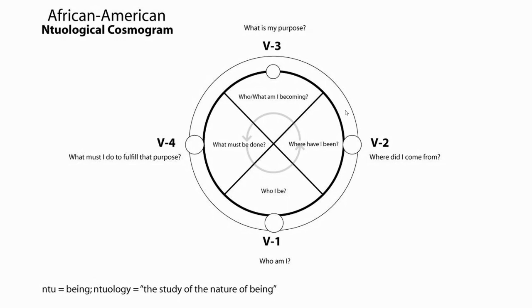That's why it's about feeding yourself. So now you're being fed, you're satisfying what we call the greater hunger. So we have the lesser hunger and the greater hunger. And we'll have to have a different lesson to really explain what we mean by the lesser hunger and the greater hunger. And so what we're talking about here through this process of Kimoyo initiation is feeding our greater hunger. And so part of that process is asking the question, who am I, where have I been, who or what am I becoming, and what must be done.